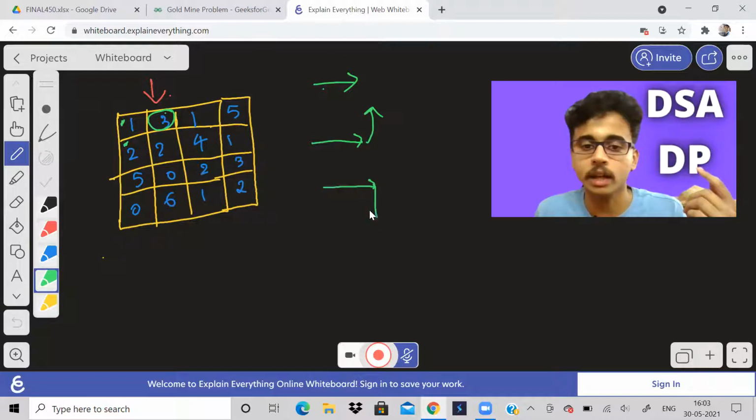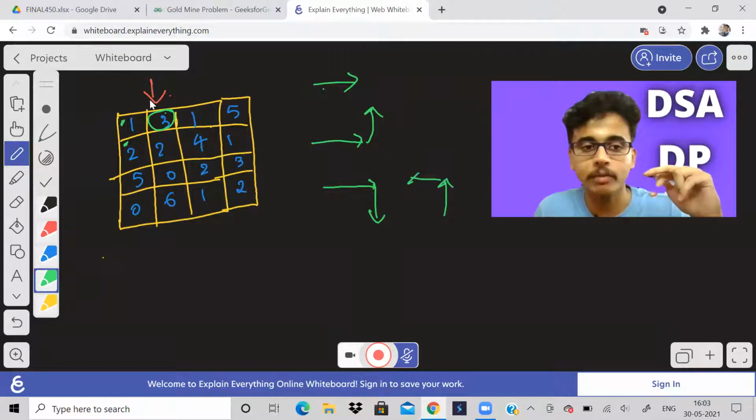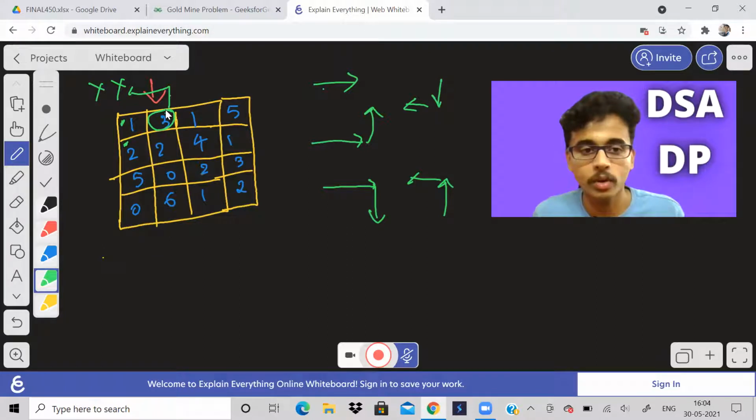Can I do right down? To check if the cell is valid, do the opposite. So if you can do right down, do up left. Is up left a valid cell? See, up left is not a valid cell, so we can't do that. If we had to check for right up, which is a possible move, we will check for down left. Is down left possible? Yes. So how will this 3 change? 3 will change to the maximum of 3 plus the maximum of 1 or 2. So 2 is the maximum. So this will change to 5.